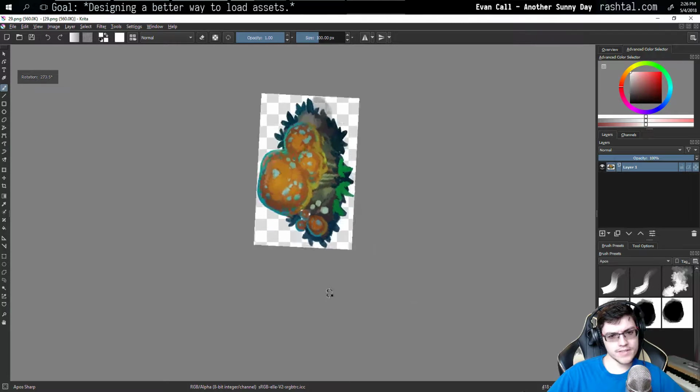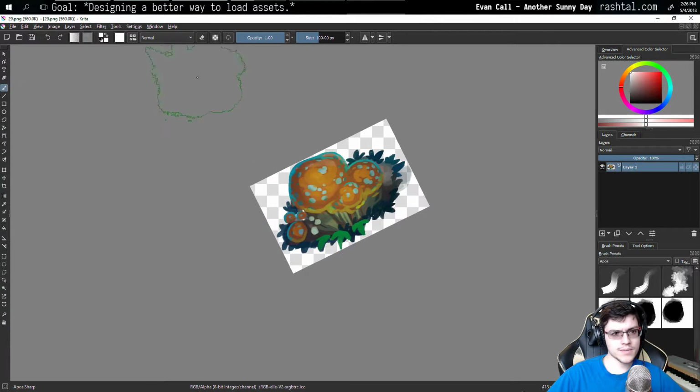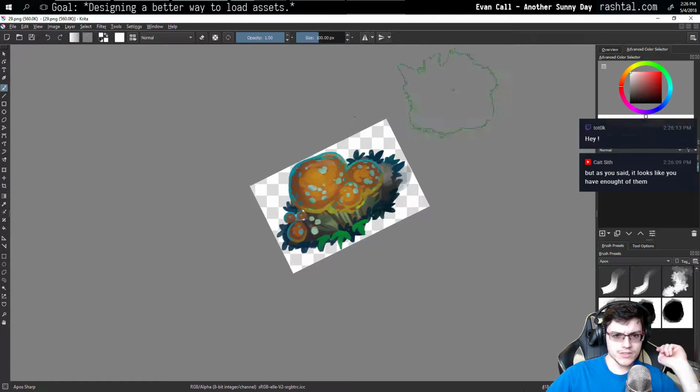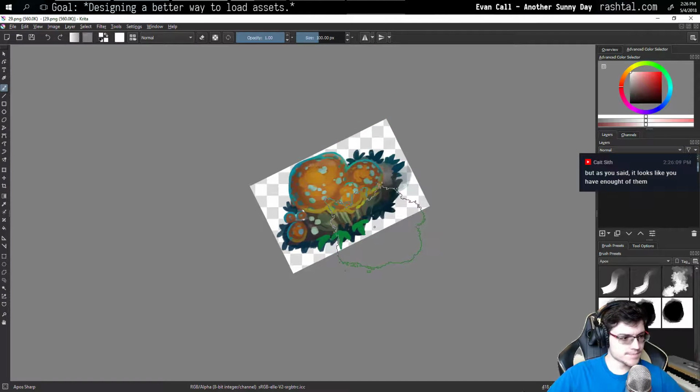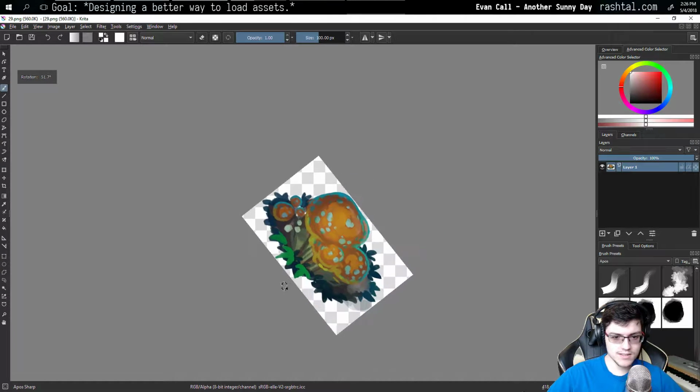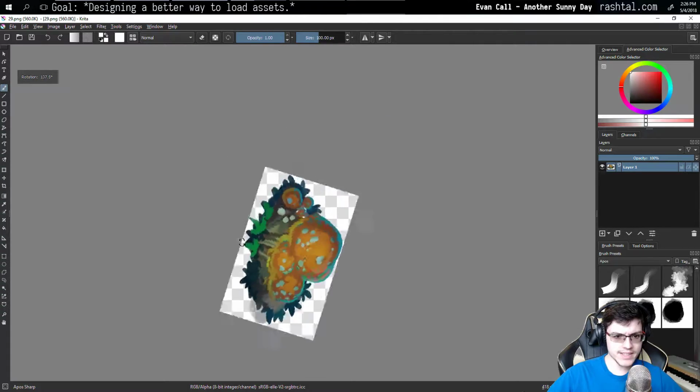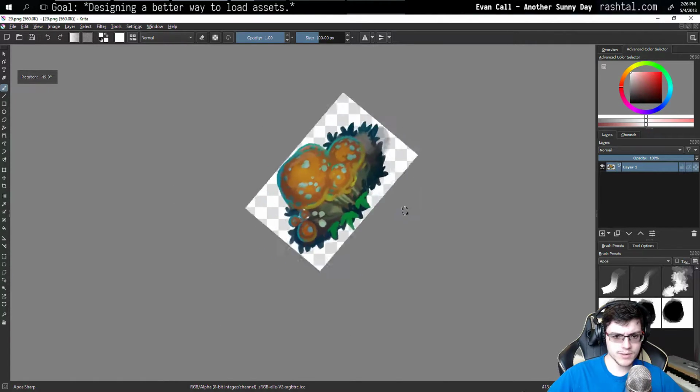Well, I guess even if I do rotate them, it's still nice to know... Hey, Tuk Tuk. It's still nice to know where they should be placed relative to the terrain. Yeah. So even if I decide to allow rotations when you're placing them,